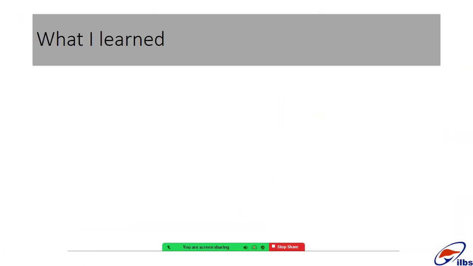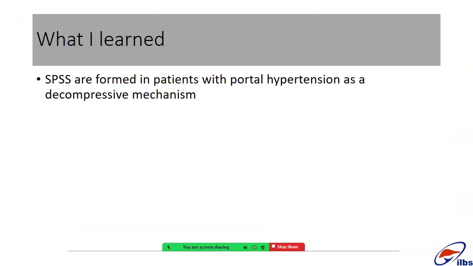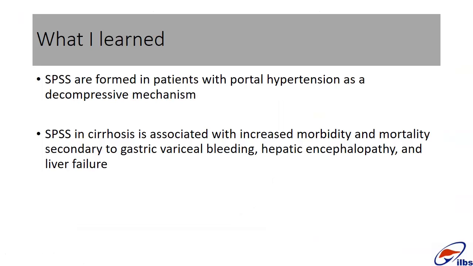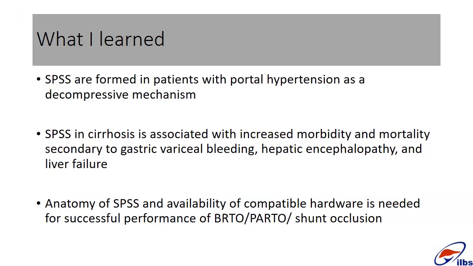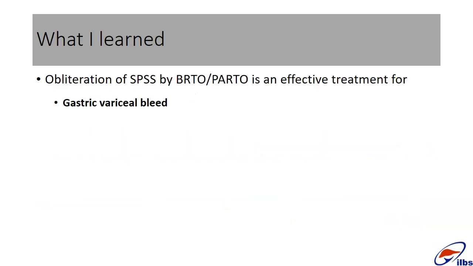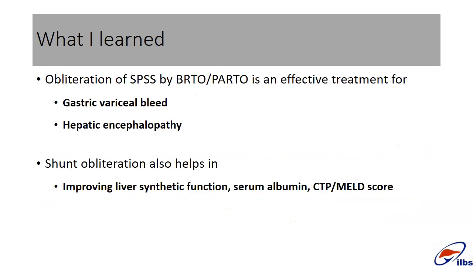So what I learned all these years is that SPSS are formed in patients with portal hypertension as a decompressive mechanism. It is just like a TIPS. So the body does its own TIPS. SPSS in cirrhosis is associated with increased morbidity and mortality, secondary to gastric variceal bleeding, hepatic encephalopathy, and liver failure. Anatomy of SPSS and availability of compatible hardware is needed for successful performance of BRTO, PARTO, or shunt occlusion. Obliteration of SPSS by BRTO, PARTO is an effective treatment for gastric variceal bleeding, hepatic encephalopathy, and shunt obliteration also helps in improving the liver synthetic function,